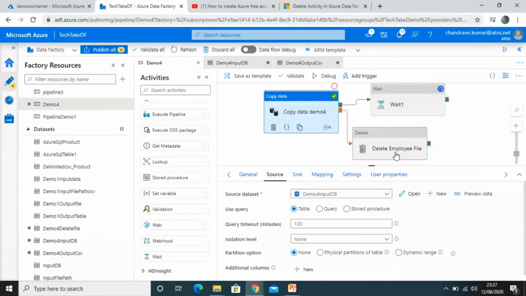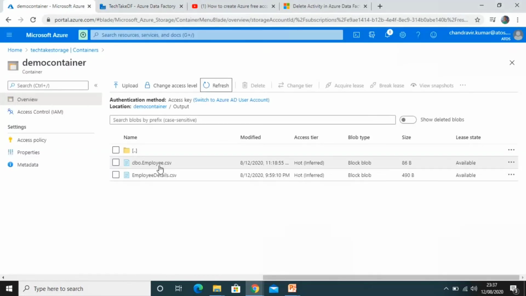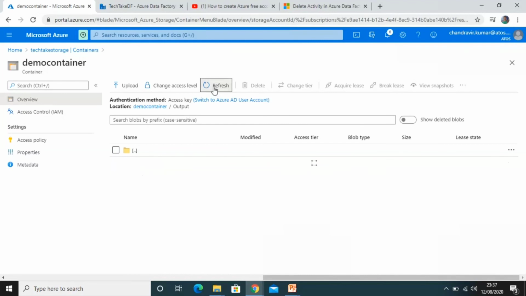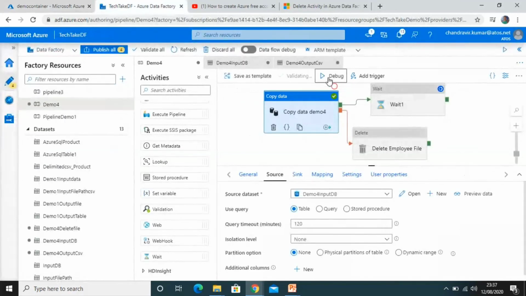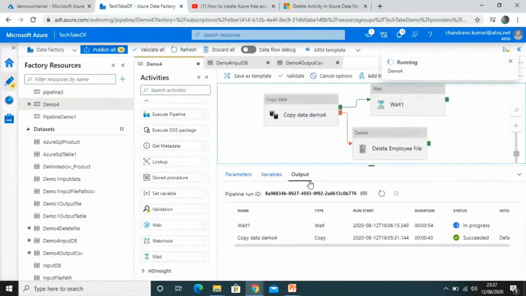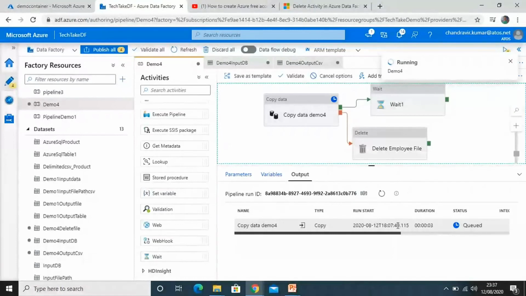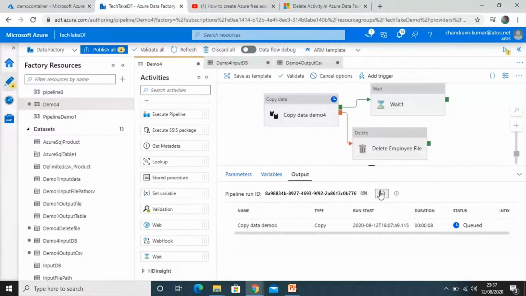Let's put employees. There is no employees table in the database now. Let's check the storage. We already have 2 files. If you run this time, the copy data activity should fail because we don't have the employees table. We have an employee table. So let's refresh it and it should fail.